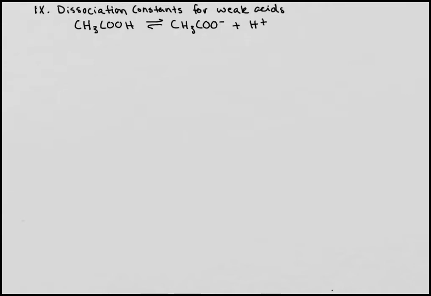We can write an acid dissociation constant for this. Ka is equal to products, CH3COO minus times H plus, over